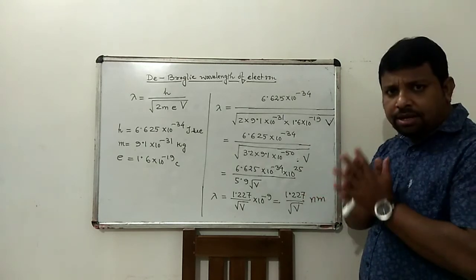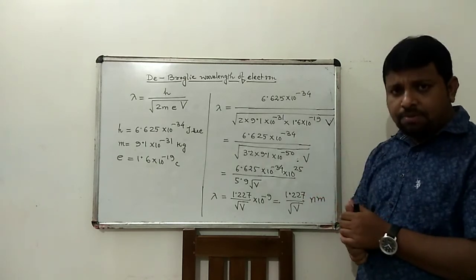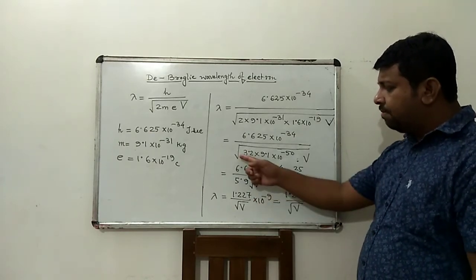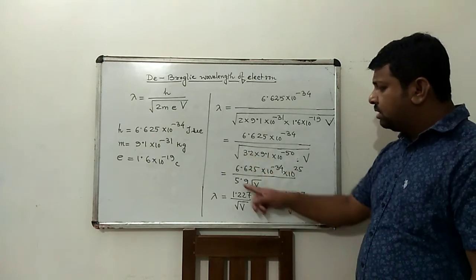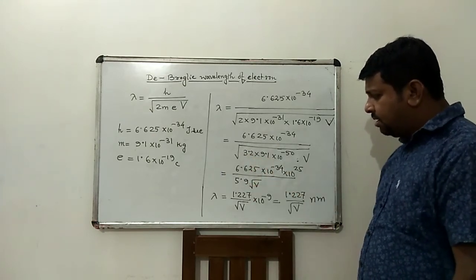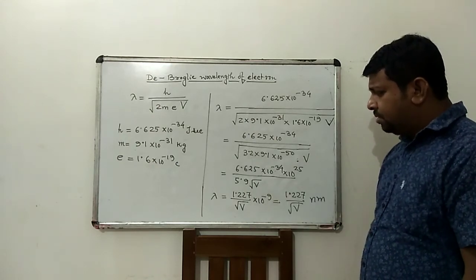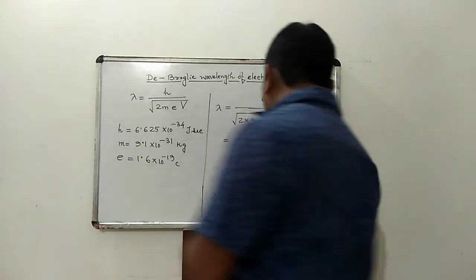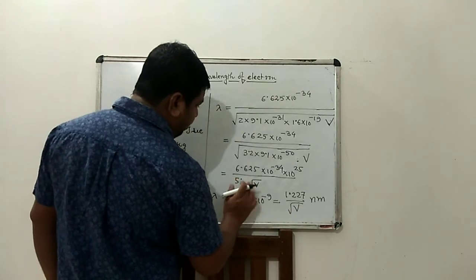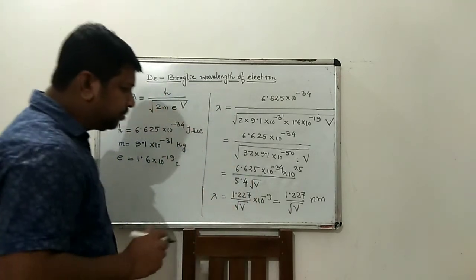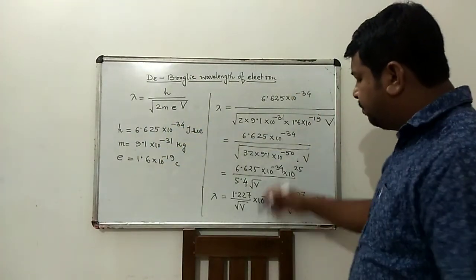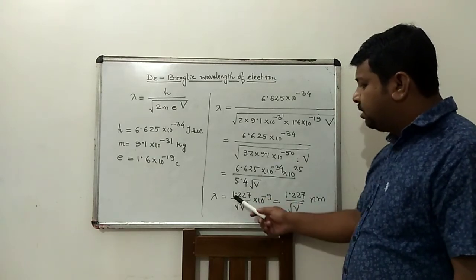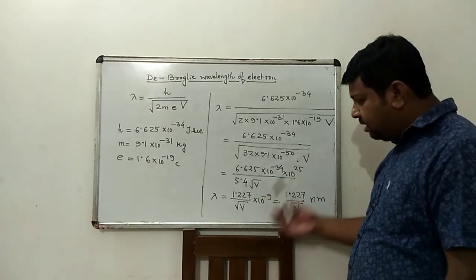the square root is taken by using a calculator or by calculating this value. Okay, then we get 5.9 by calculating this value. So the square root of the product of 3.2 and 9.1 is 5.9. Then dividing this, actually it is 5.39, that is 5.4, not 5.9. Okay, so if you divide 6.625 by 5.4, then we get 1.227 by using